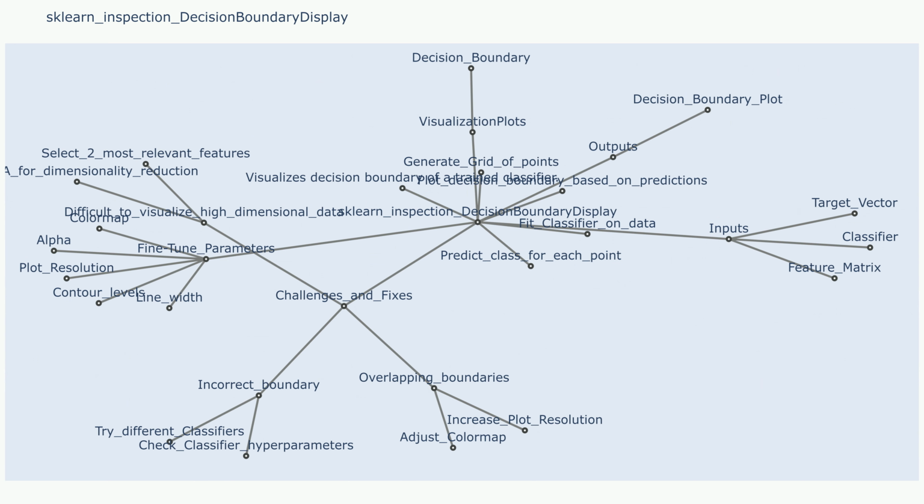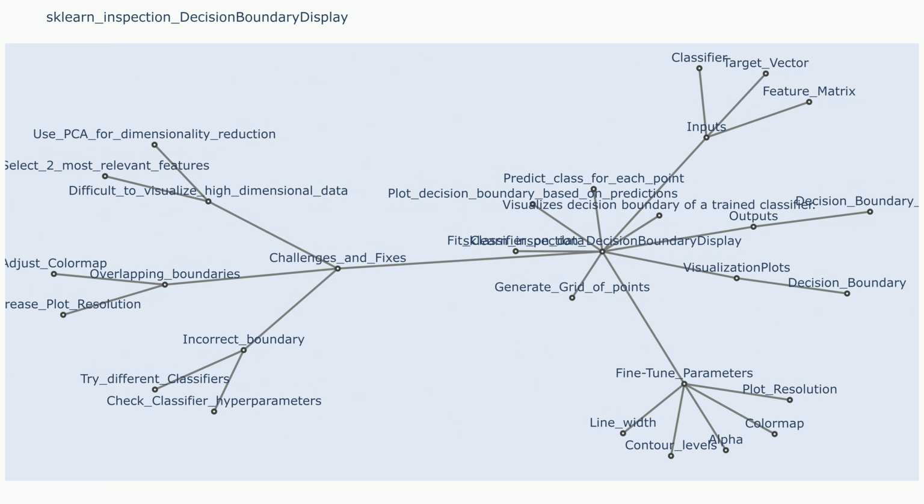You want to visualize the decision boundary of a classifier trained on this data. Fixes to challenge 3: you can either select two features that are most relevant to the classifier's decision making and visualize the decision boundary in that 2D subspace, or use dimensionality reduction techniques like PCA to reduce the dimensionality of the data before visualizing the decision boundary.